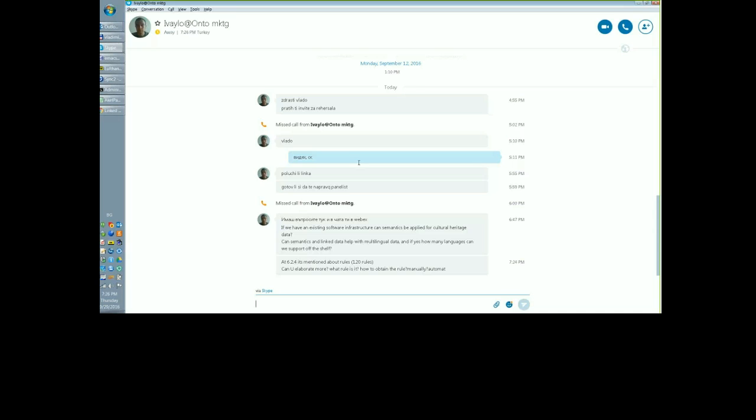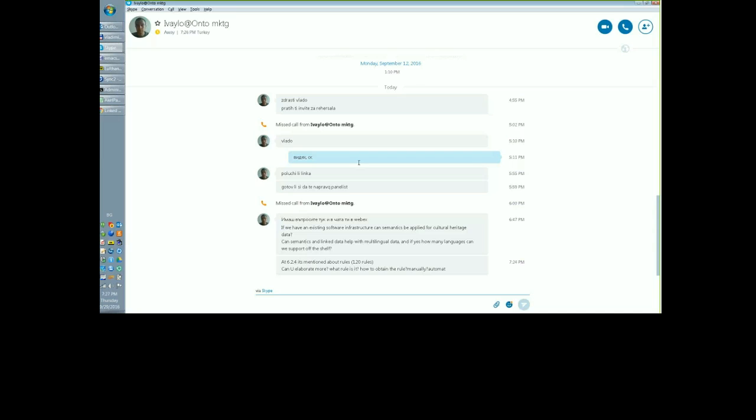Well, Ontotext is strongest with English, not least because English has the largest amount of language resources, pre-trained parsers, part-of-speech classifiers, and so on. But we also have strong experience in Dutch, French, German, some in Italian, and also Bulgarian.